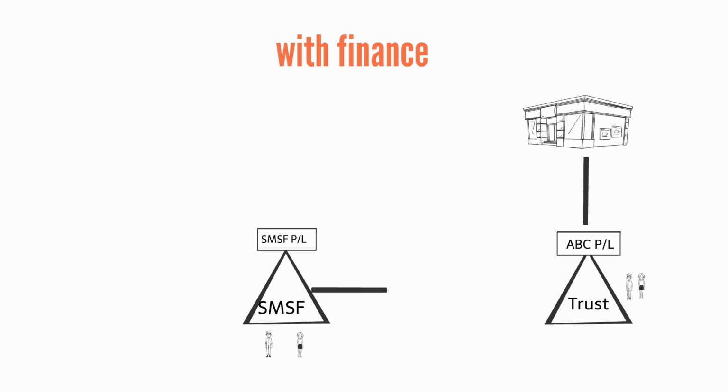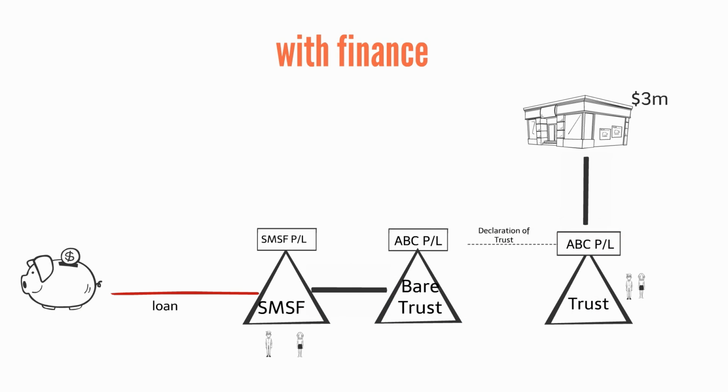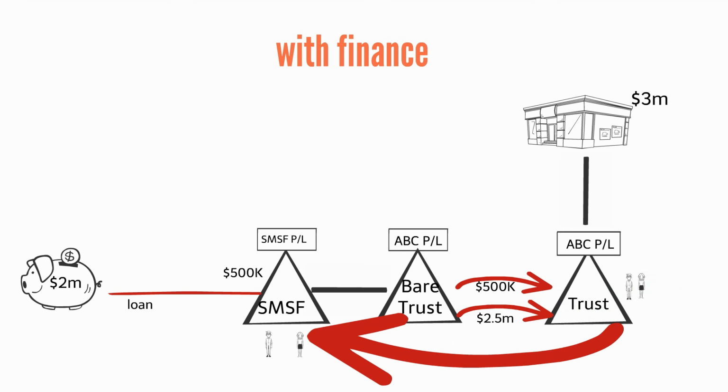It can also be done with finance. In this case, a bare trust is interposed and the declaration is between the bare trust and the family trust. As the property is worth $3 million, a bank would only lend $2 million or 65%. As the fund is $500,000 short of the balance purchase price, it pays a first instalment of this amount to the trust. This is recontributed back into super and the same $500,000 plus the bank's $2 million is used to